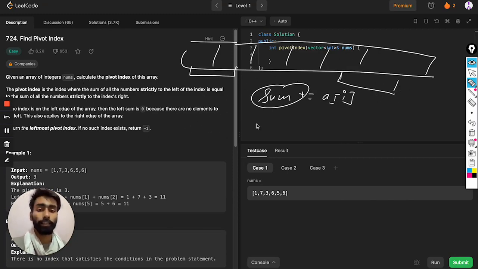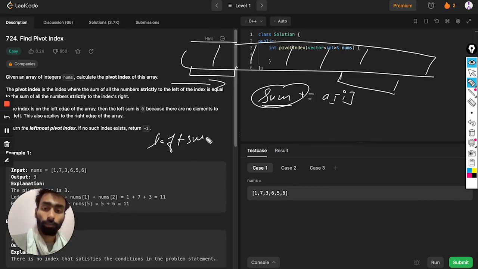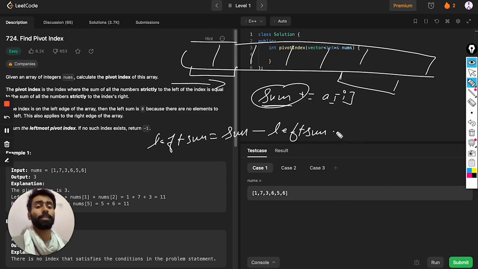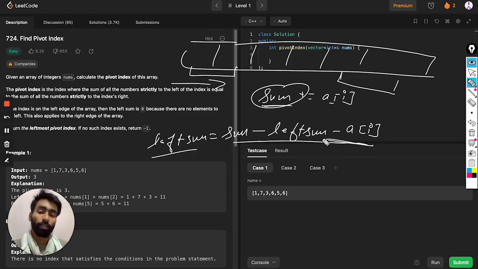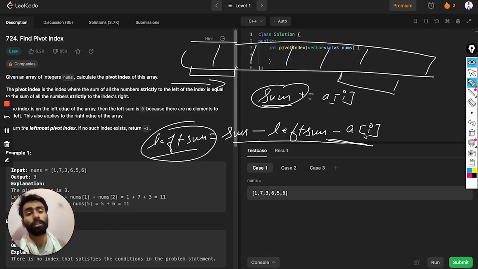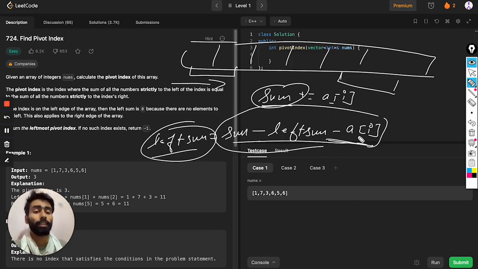If we start adding from the left and subtract from the total sum, then sum minus left sum minus ai equals left sum. This gives the position of the element at which the left sum is equal to the sum of right, and this ai is the element where this is happening, so we need to return i.